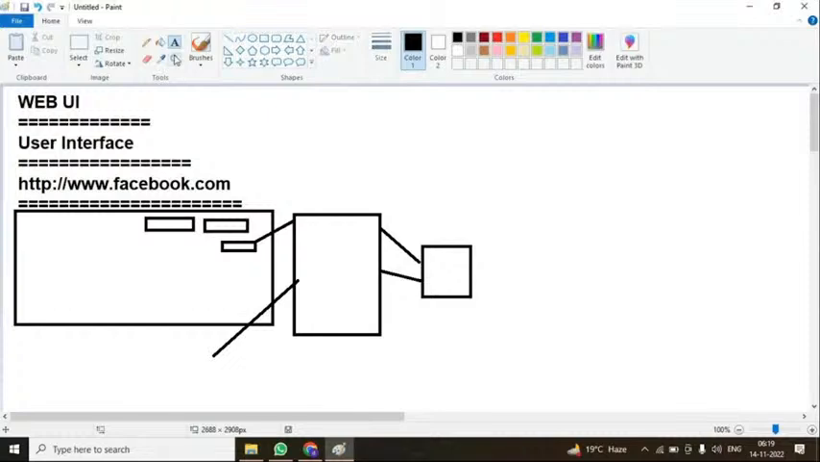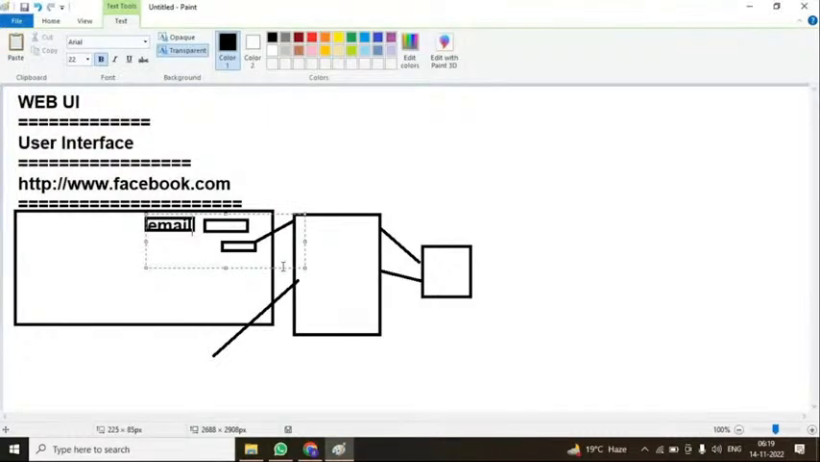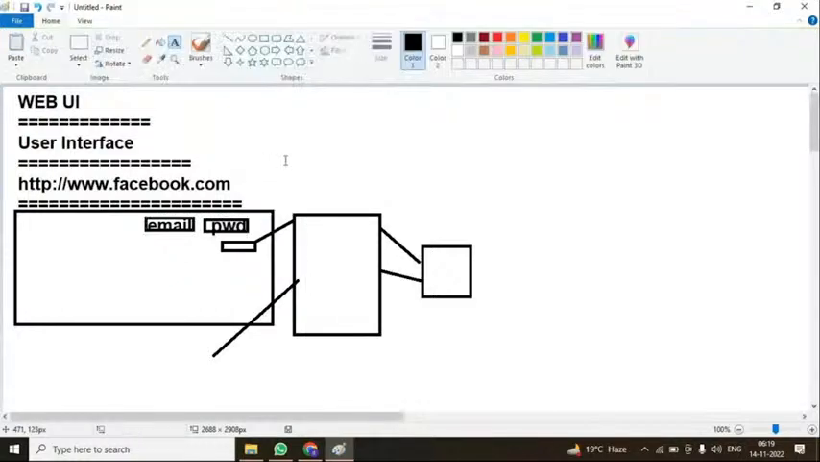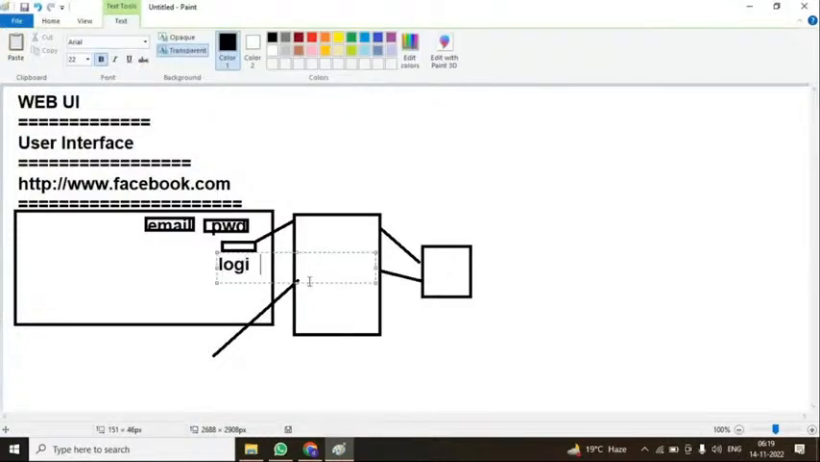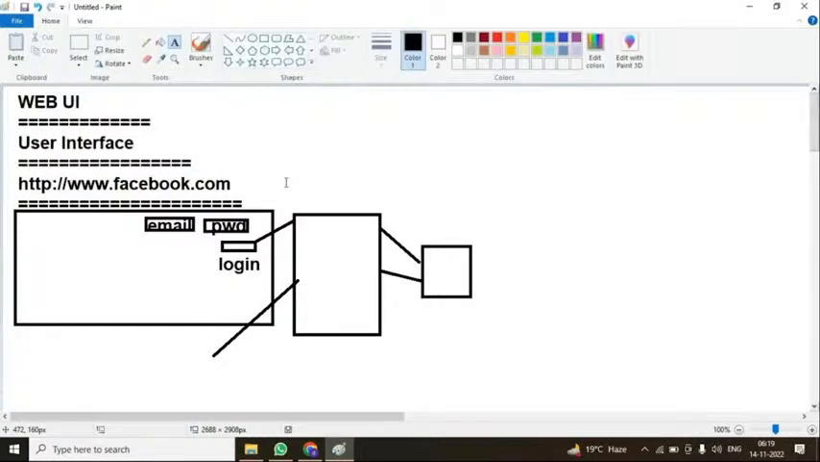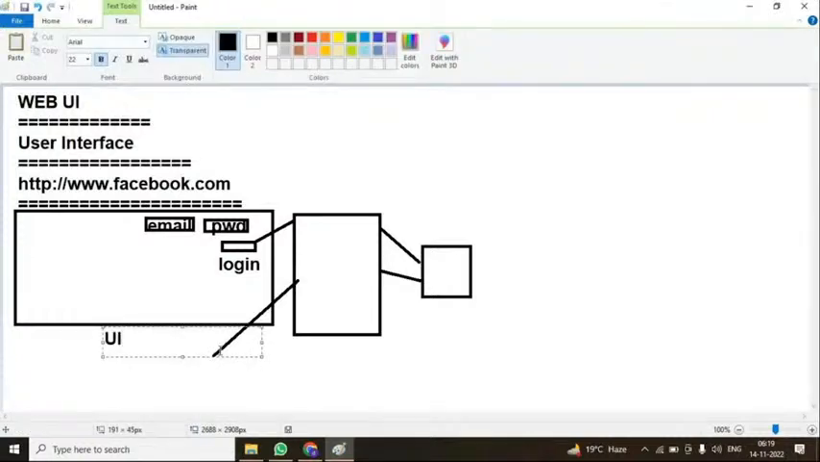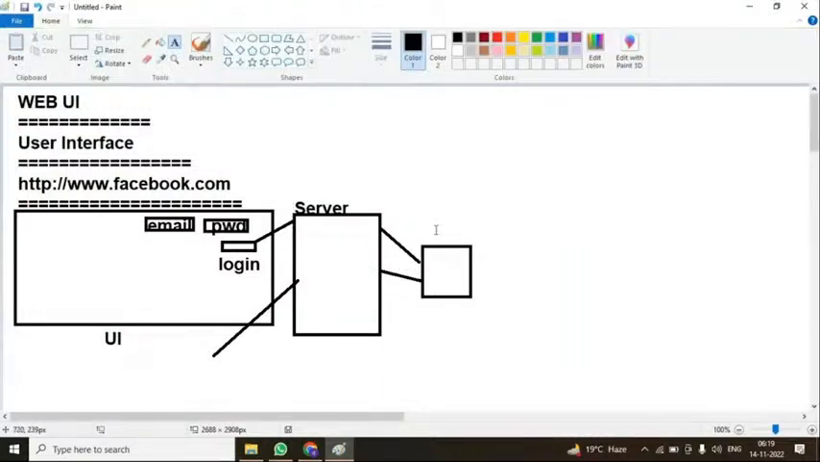Here in Gmail, suppose I enter my email ID and my password. After entering that, once we click on this login button, that user interface, this is one UI. This UI page will always interact with the server page. This server page always interacts with the